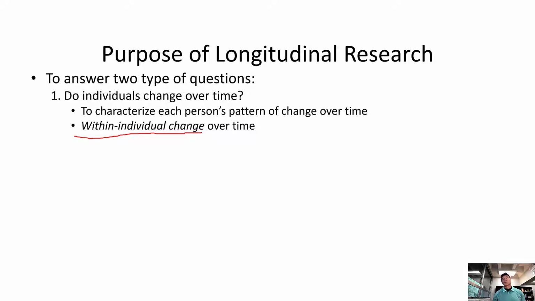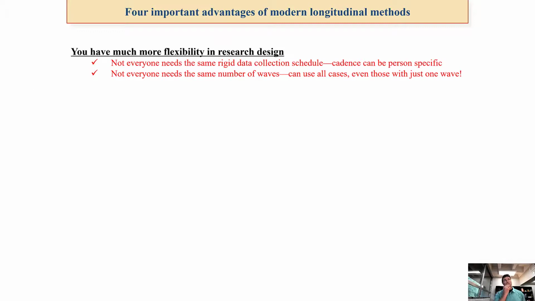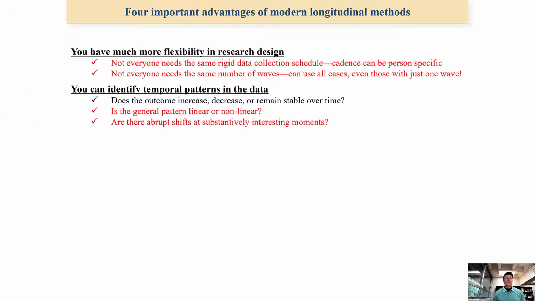In more experimental work, we've lost that within-individual change, and we'll get into that in more detail. We want to see how the individual changes, and then we also want to see how people change differently. So what's different between individuals in their change process. This is what we're aiming for when we look at longitudinal methods. So let me go over some important advantages of the methods we're going to talk about. We're going to talk about repeated measures first, and these are not necessarily advantages of repeated measures. So what we want to do is to be able to have everybody on different cadences or different timings.